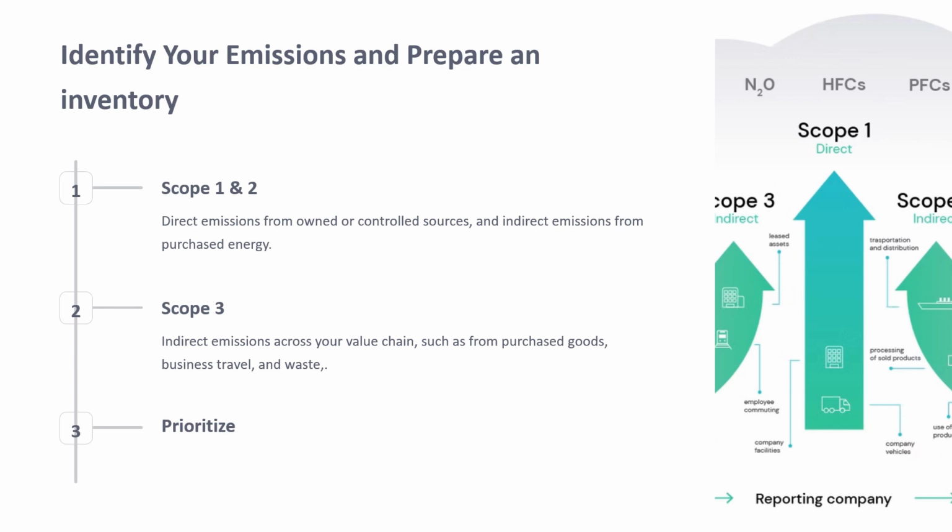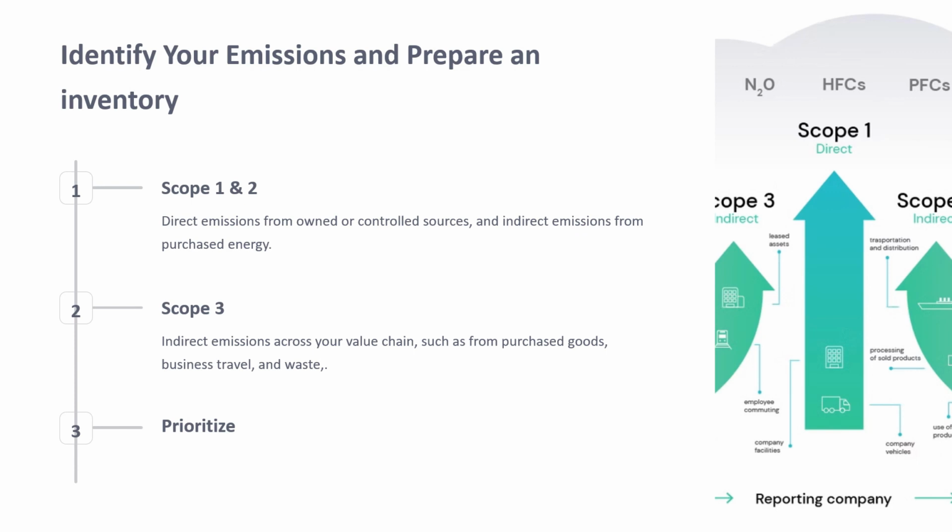The third part of this process is to prioritize. So after you've identified what your scope 1, 2, and 3 emissions are, you now prioritize what are those hotspots, what are the major sources of emissions that your business can focus on. The reason why you need to prioritize is because if you identify all of these emission hotspots and decide to go after